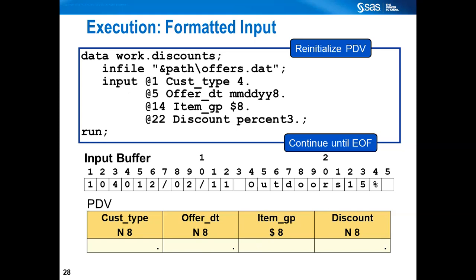Why? Because those were newly created as the data step was processing, but the variables which were contributed by the input dataset were not getting reinitialized to missing. That is why, here, because these variables are newly created when data is read from the raw file, they are getting reinitialized in the PDV at every data step iteration. And this process continues until the end-of-file marker of your raw file. So if your raw file has 19 rows, your data step will process 19 times.